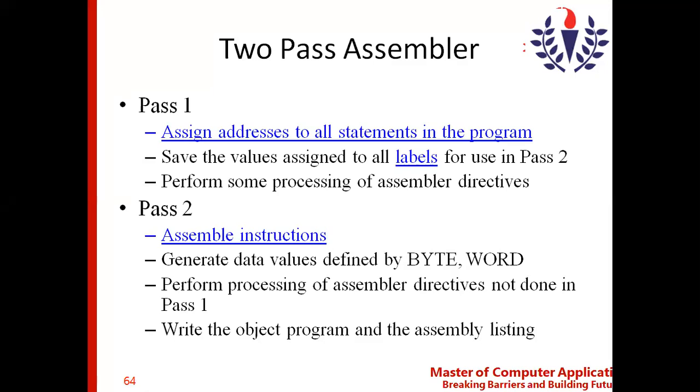Hi everyone, let us begin the session with the two-pass assembler. In the previous session, I was mentioning the functions of pass 1 and pass 2, and we have discussed the reason why we need to go with a two-pass assembler. The reason behind opting for the two-pass assembler is nothing but the forward references, because when you write